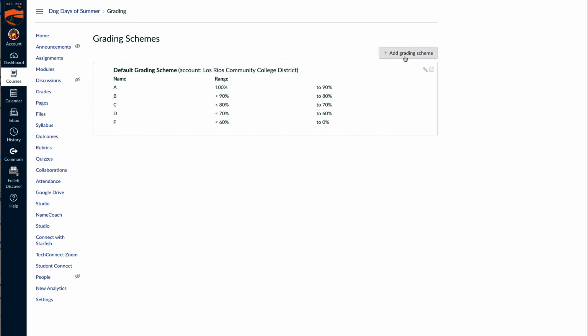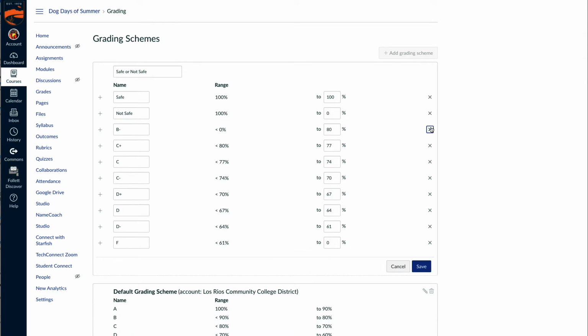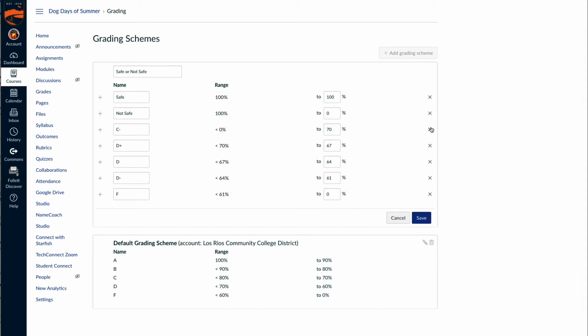I will add a new one. I will call this Safe or Not Safe. The top score I'm going to call Safe. The range is going to be from 100% to 100%. The next score will be Not Safe, and that will be all the way down to 0. And then I will delete the rest of the ranges